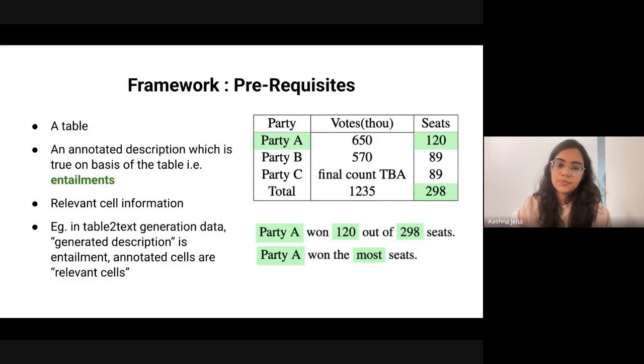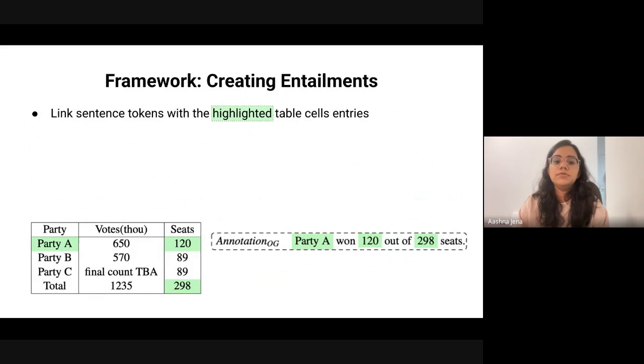Before we move on to the framework, I would like to talk about some prerequisites that we need. One is, of course, a table. We also need an annotated description, which is true on basis of the table, something to start with. And we also need alignments between the statement and the table, which would be through relevant cell information. For creating entailments, first of all, we draw these alignments between an annotation and the table. Once I have the highlighted cells,